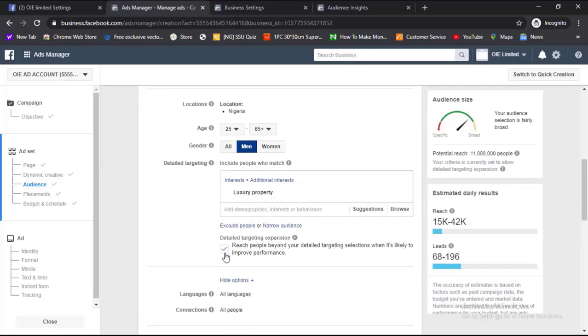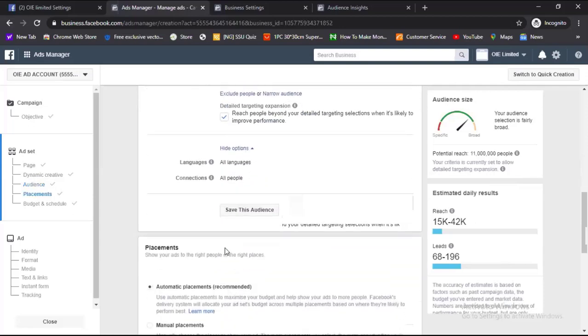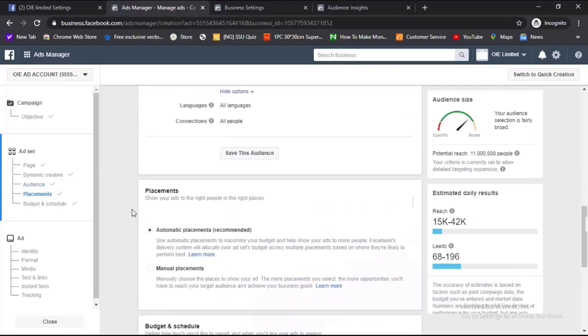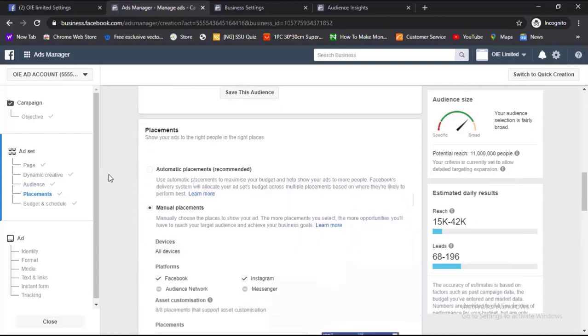I will click reach people beyond the detailed targeting selection when it's likely to improve your performance. Very, very important. Okay. So here, automatic placement. No, I'll put manual placement. Now, I know I teach a lot about automatic placement because I think it's best if you are doing things